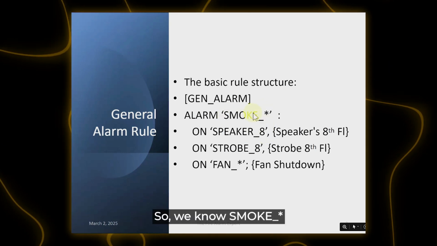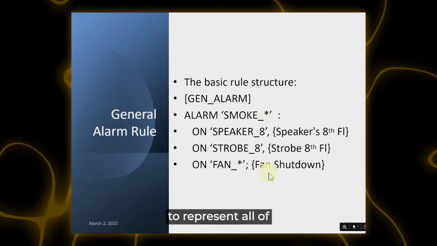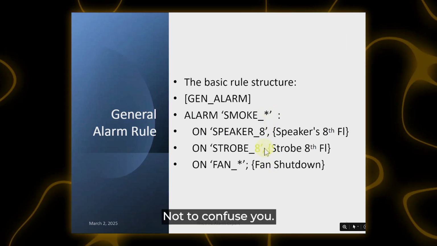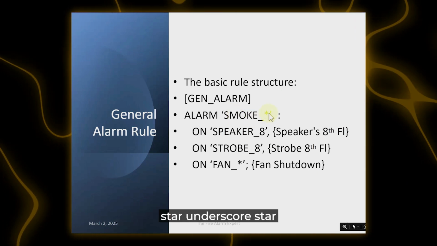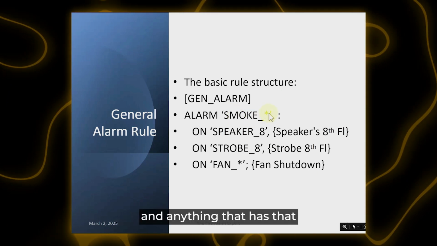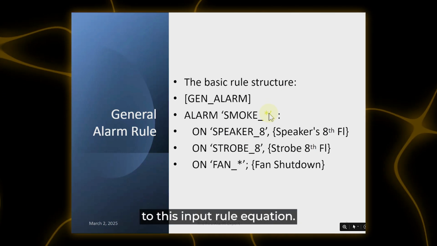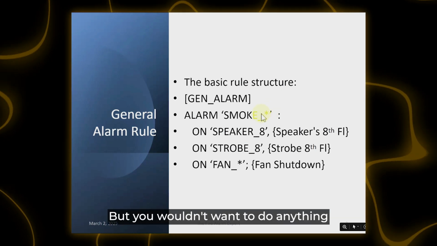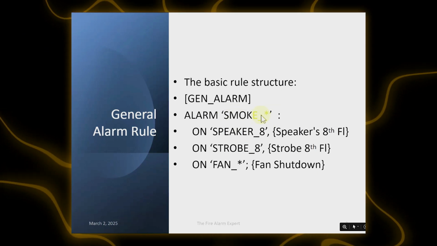So what we do is put the wildcard to represent 1, 2, and 3. So we know smoke_wildcard represents all of the other different smoke detectors. Not to confuse you, you could have put *_*, and anything that has that label structure will be added to this input rule equation. But you wouldn't want to do anything like that, because you want to just say when the smoke detector,